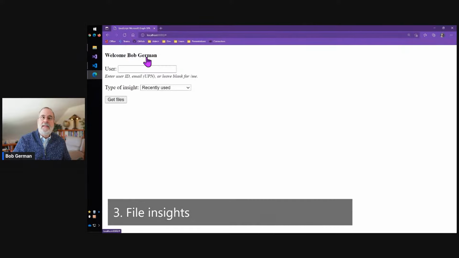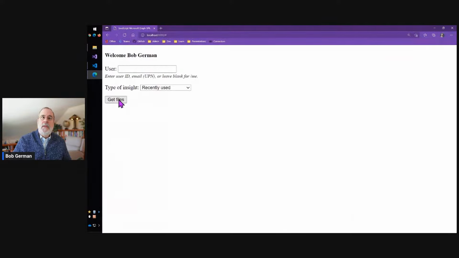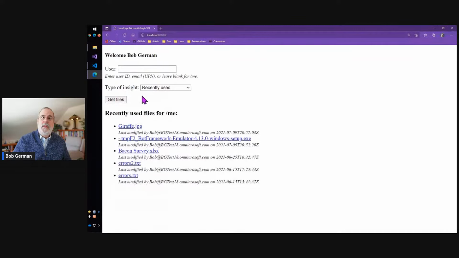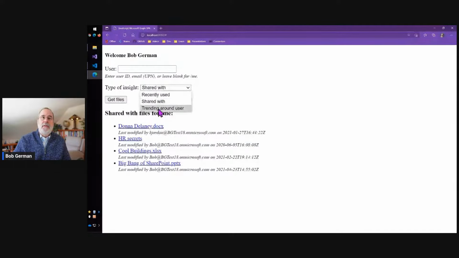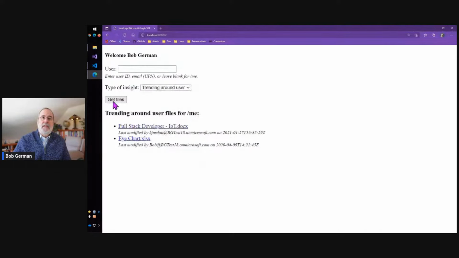Another example is File Insights. So with this one, I can come in here and see the most recently used files, right? So this is a great opportunity to show these to a user if they're going to pick a file to maybe load into your app or do something relating to your app. I can also see things that have been shared with this user. And I can also see files that are trending around this user. And this is more of a fuzzy definition, but these are the files that this user is using a lot. So they've shared them a lot,